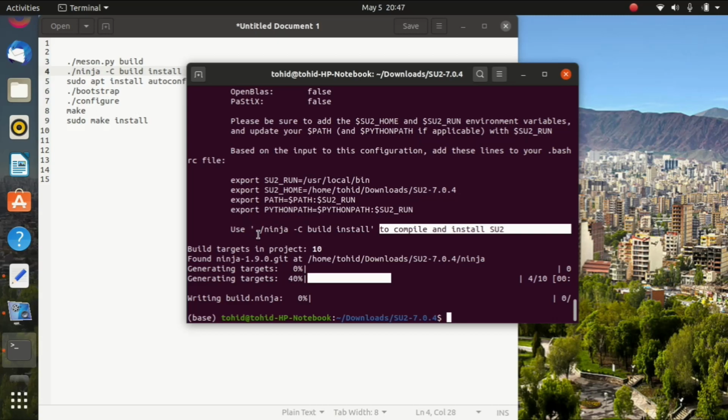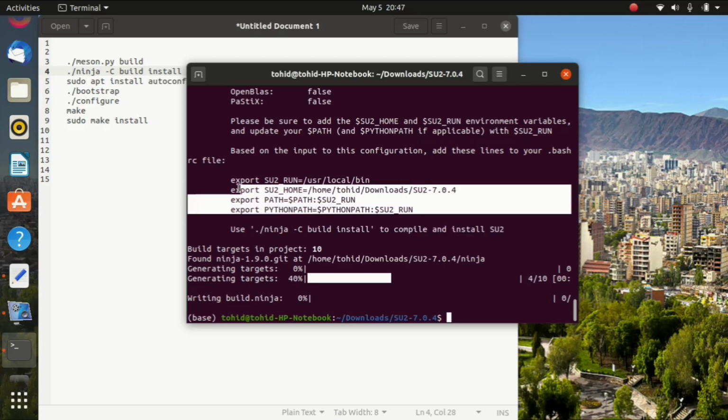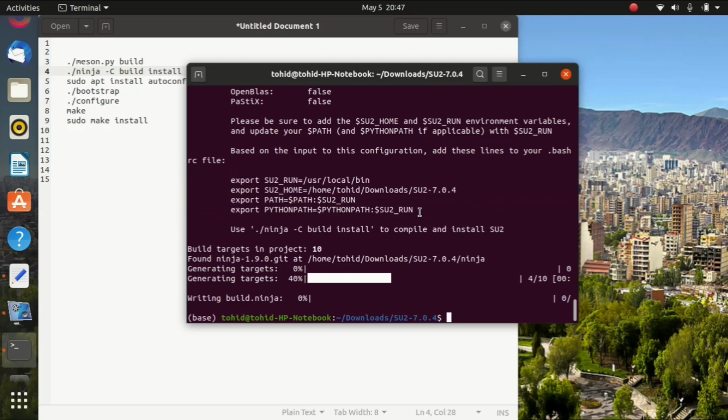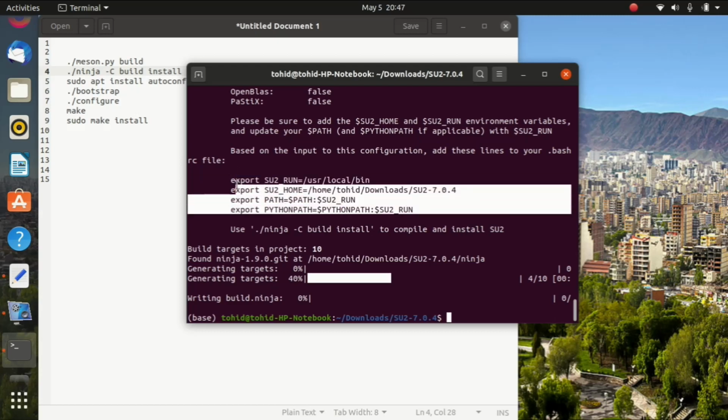But before that, the important thing is that we copy this address. We copy and keep this address, and at the end of installation, we need to add this address to our Ubuntu. So first we copy this address,